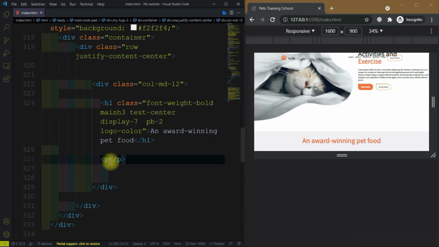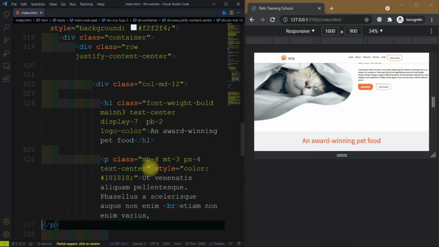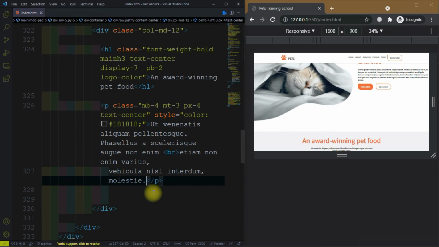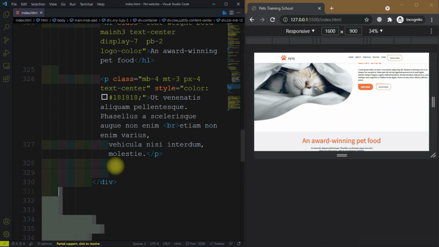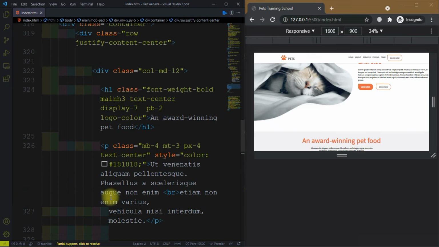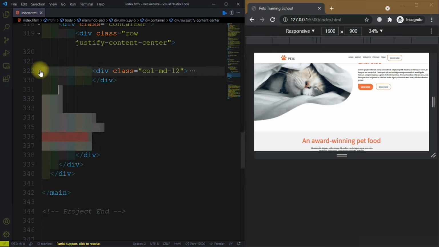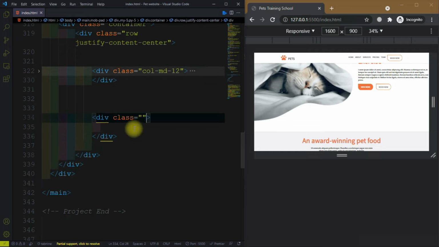we need to create a paragraph p and give it a class equal to margin bottom 4 and margin top 3, and padding along x-axis 4, text-center. Then we have a style color 1818, then we have a dummy text. So this is the 12-column div. After the 12-column div we need to create another div